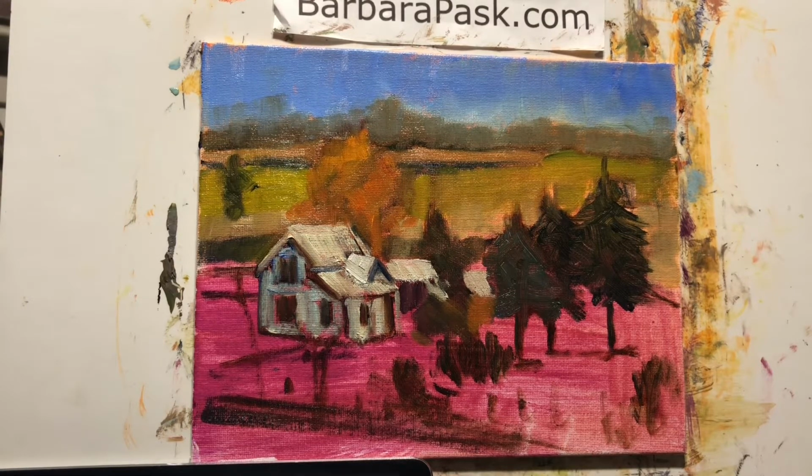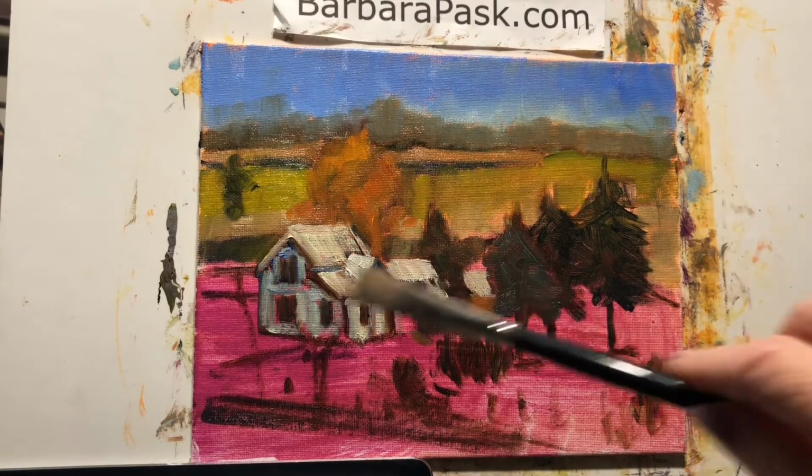All right, let's mix up a warm green. Cobalt and cad yellow medium, my warmest yellow and my warmest blue. We talked about that a little bit on my last video. I'm going to put a little white in it too, which lightens and cools. And I probably have not mixed near enough, but